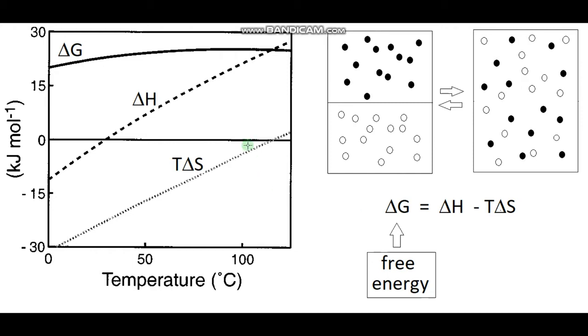And what you can see is that at high temperatures, above about 30 degrees C, delta H is indeed positive, as we predicted, which we could interpret as being due to disruption of the hydrogen bonding in the water. But at lower temperatures, something strange happens, and delta H is actually negative when the hydrocarbon dissolves